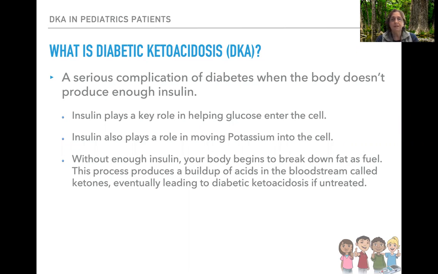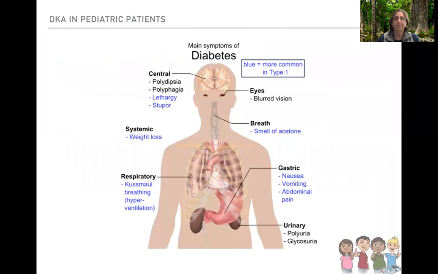We also know that insulin plays a key role in moving potassium into the cell as well, because potassium tends to move with glucose. So if there's no insulin to move the glucose into the cell, then potassium is no longer moving either. So with diabetes, this is just a quick review of what we'll see with these patients when